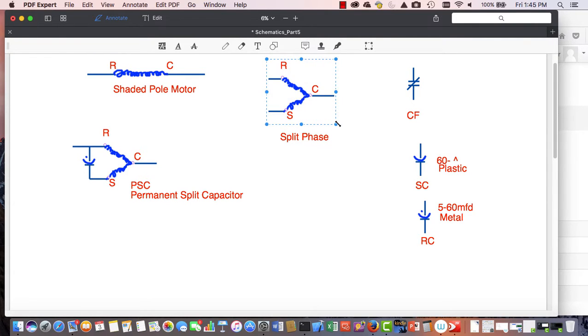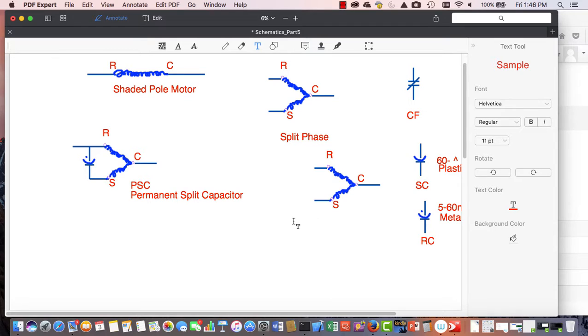So we're going to just copy that again. No sense in redrawing everything. The next motor is a CSIR motor. So I'm going to go ahead and just label that so we don't forget about what it is. CSIR. Okay. And it is capacitor start, induction run. Okay, so my CSIR motor, what we're going to use is our start cap, but